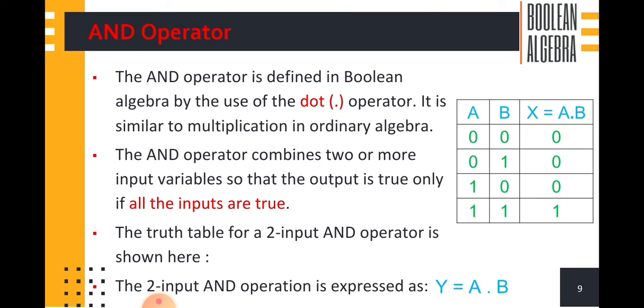Okay, so how can you specify the number of inputs? Based on the number of variables. The base value for binary numbers is 2. How many variables are there? 2 variables, A and B. So 2 power 2 is equal to 4 combinations possible. So 4 combinations of inputs are given: 0 0, 0 1, 1 0, 1 1.